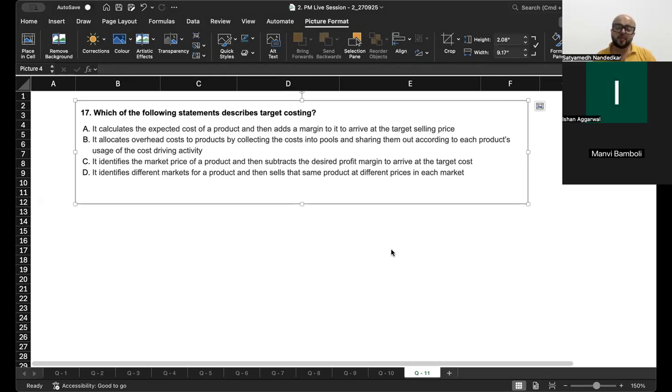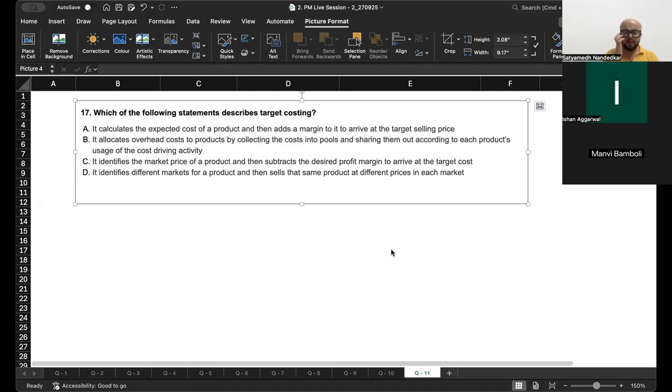It calculates the expected cost of a product and then adds the margin to arrive at selling price. No, that way you are basically describing cost plus pricing. It allocates overhead costs to products by collecting the cost into pools and sharing them out according to each product's usage of the cost driving activity. This is